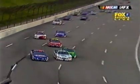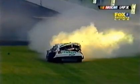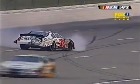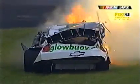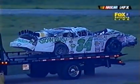Look at the top of your screen. You're going to see Jason Leffler gets up on the loose stuff, spins out. Jeff Fuller tries to avoid him and makes awfully hard contact with the inside wall. Let's take another angle right here. Yeah, the 38 car just gets up high, loses control. You'll see Jeff Fuller come into the picture. If he'd have kept straight, right into the side of the 38 car, he makes a hard left to avoid contact with the 38 car. And as we've all seen and kind of marveled at, unbelievable contact with the inside wall